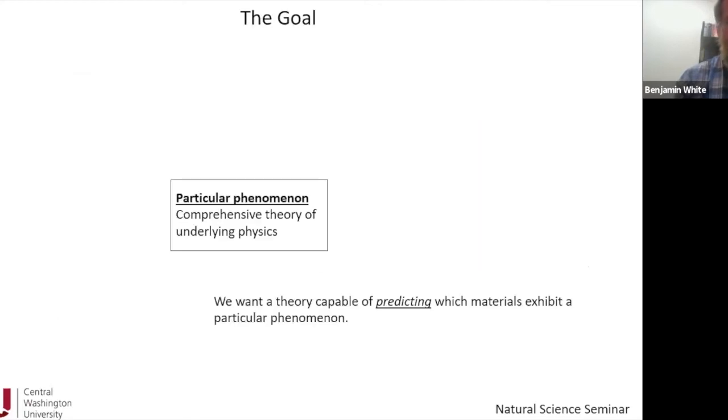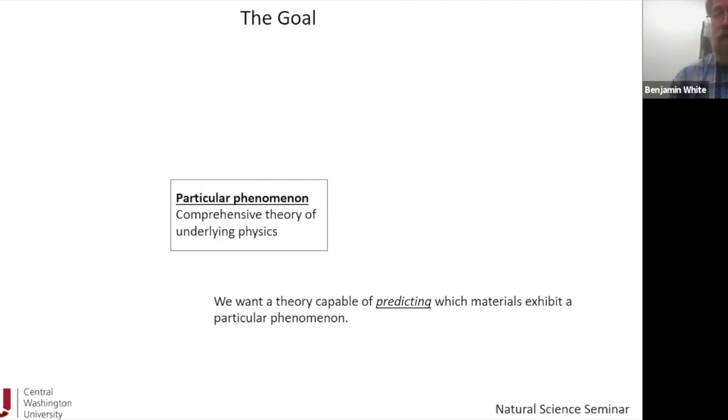So the goal here, of course, is, given a particular phenomenon, which could be superconductivity, for example, or any of the other correlated electron phenomena, we would love to have a comprehensive theory that describes all of the underlying physics that governs the process. And by comprehensive theory, we're looking for something that's capable of predicting which materials will exhibit